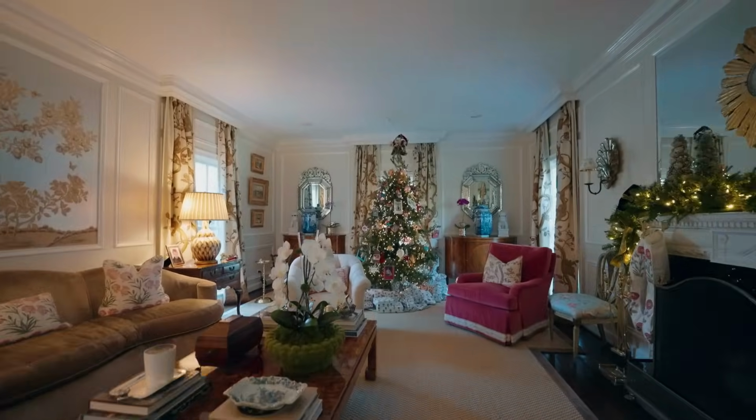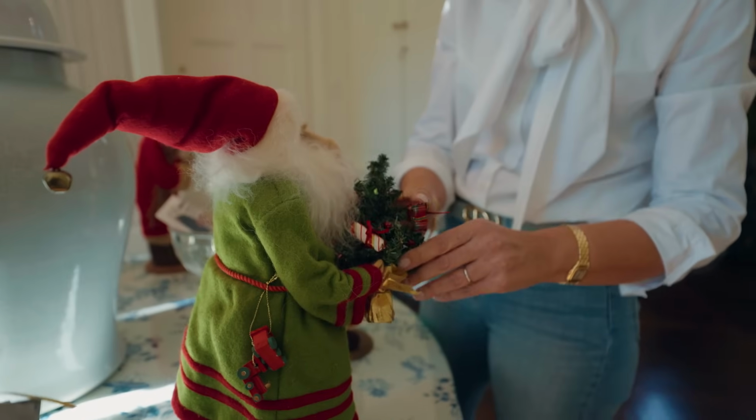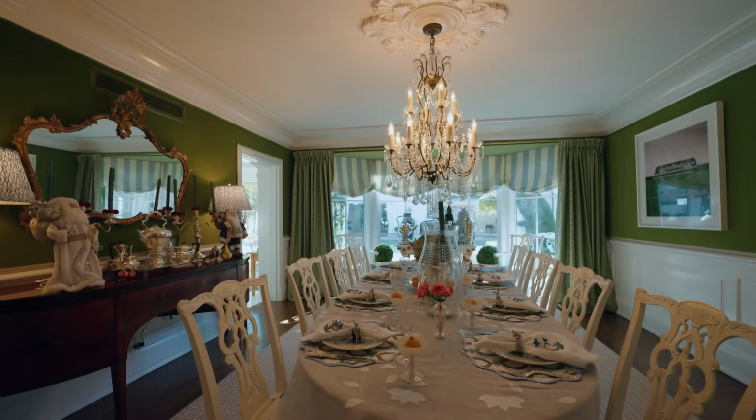So what is my favorite part about the Christmas decorating process? I don't know that there is one because it's a big job. It's taking things down from the attic and pulling it out and making sure that nothing's broken year over year. It's actually quite an undertaking, but